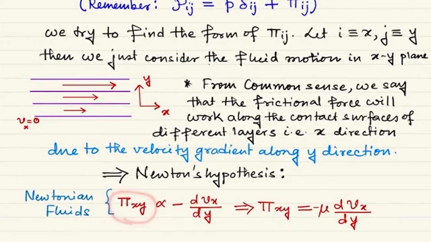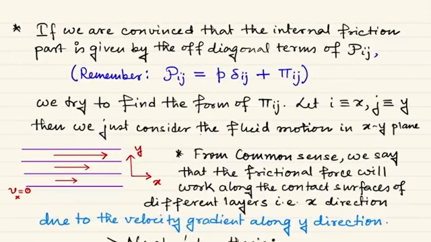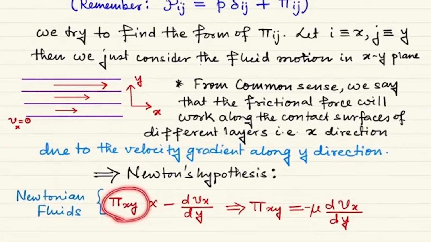Okay, you all know that pressure and stress have the same dimension. So it's a force per unit area type of thing, and this shear stress should be proportional to the velocity gradient. Okay, but the velocity gradient should be perpendicular to the direction of the flow. Okay, that is to be understood. Okay, and one can easily understand that if this one is getting bigger and bigger, simply saying that is equivalent to saying that the frictional force corresponding to this term also increases,